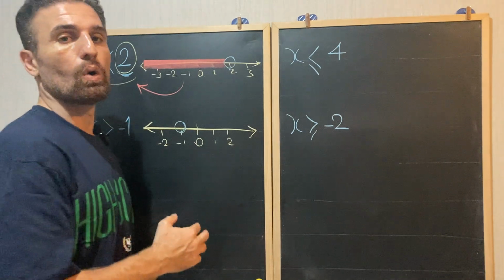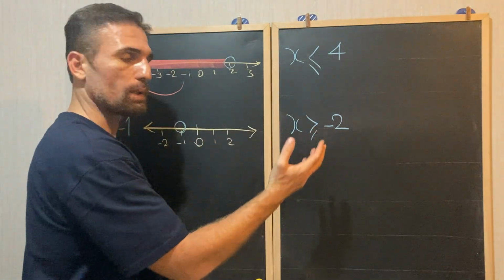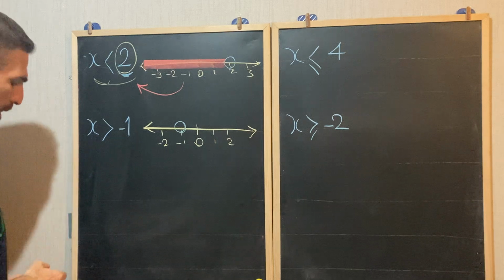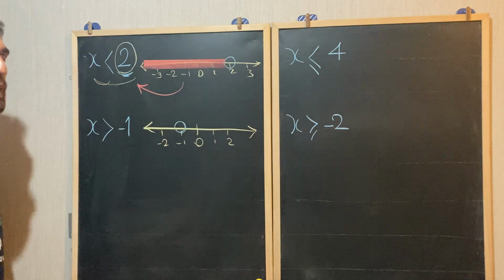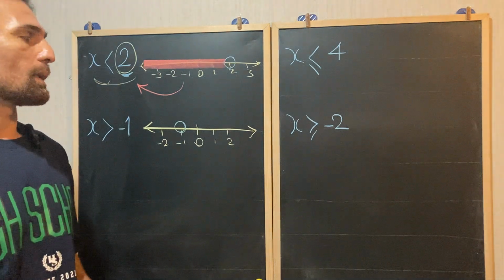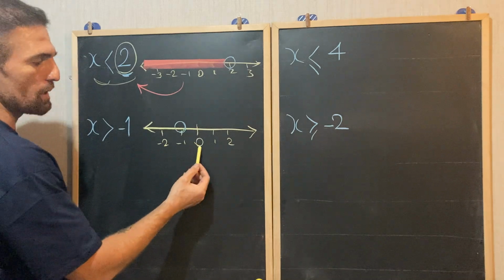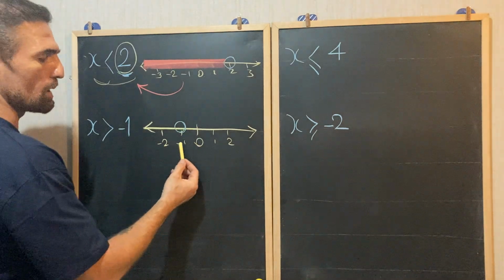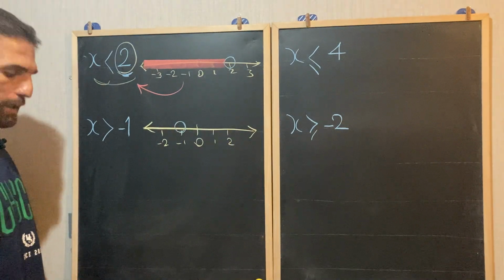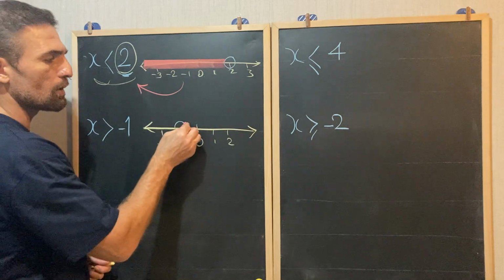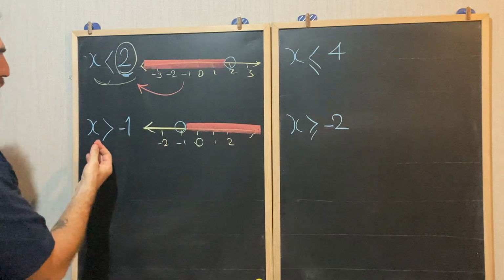Next step, should we go to the right side or left side? Should we go towards positive infinity or negative infinity? It says x is greater than -1, which means any number that is greater than or more than -1. Like 0, 0 is more than -1, 1 is more than -1, 100 is more than -1. That is why we shade it towards positive infinity. And this is the solution of this